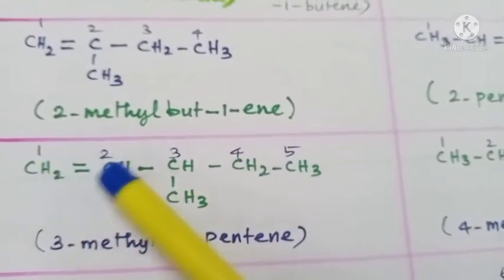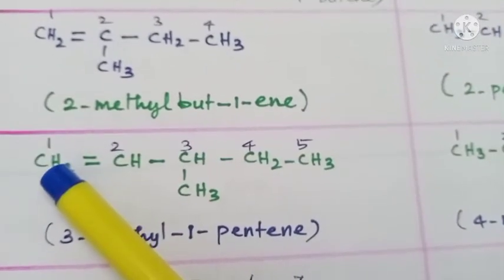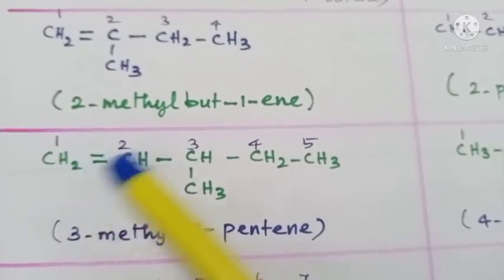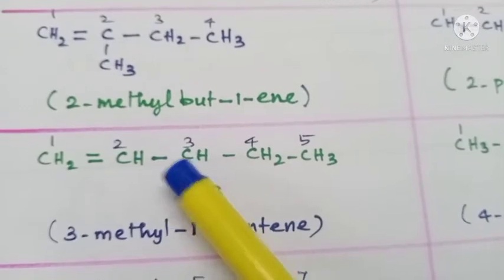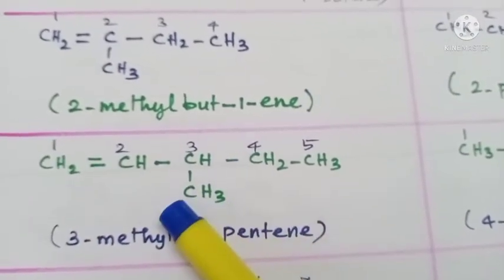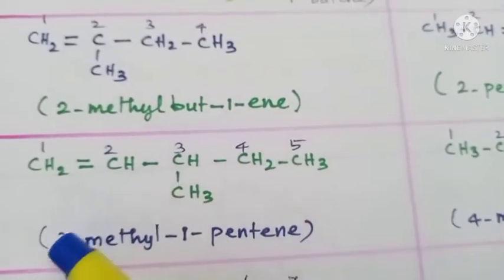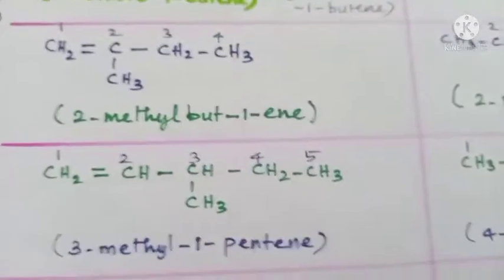Okay, right. So this is a parental carbon chain with 5 carbon atoms. Numbering started from the end near to the double bond. So that 5 carbon derivative, pentene, double bond at first carbon, 1 pentene. This is a substituent, methyl group, methyl 1 pentene, methyl group attached to third carbon. So 3 methyl 1 pentene.